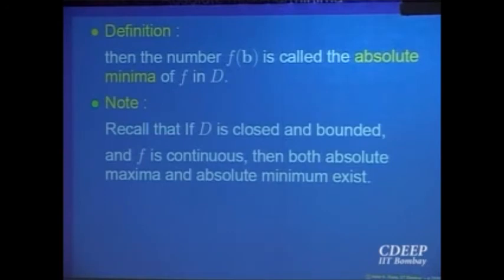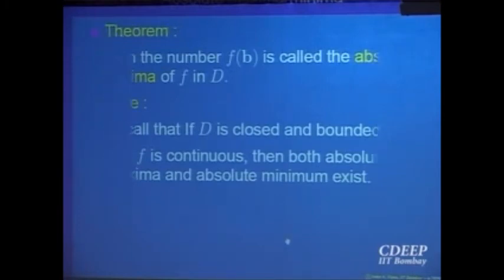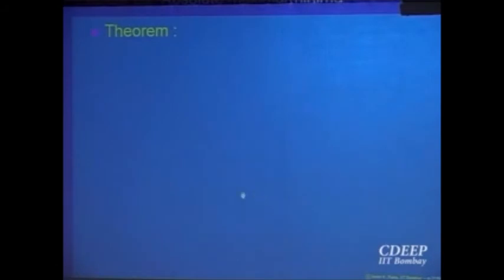Look at the constant function defined over whole of R2, right? Then it has absolute maximum. That value is absolute maximum everywhere. It has absolute minimum also, right? The domain, which is whole of R2, is closed, but it is not bounded. Constant function is continuous, right? So this is only sufficient condition, not necessary.